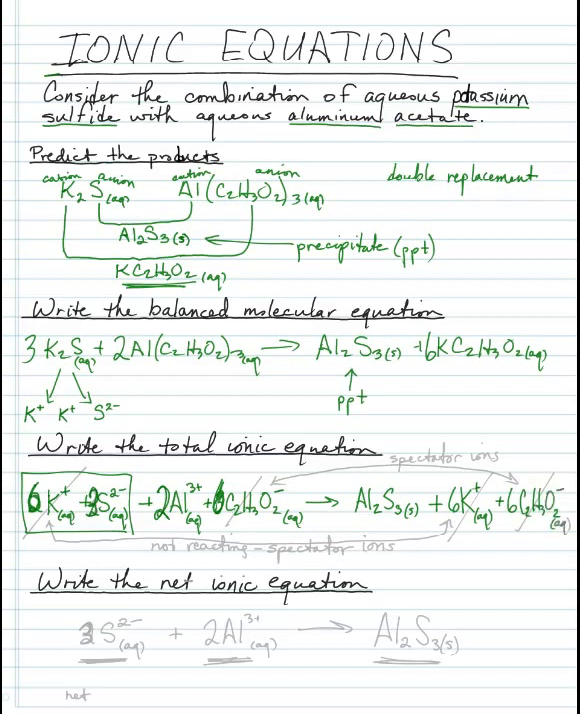So we don't want to put a subscript of 6. We want to show that by putting it as a coefficient, that they are individualized. Now, if we look at this total ionic equation that we have made,